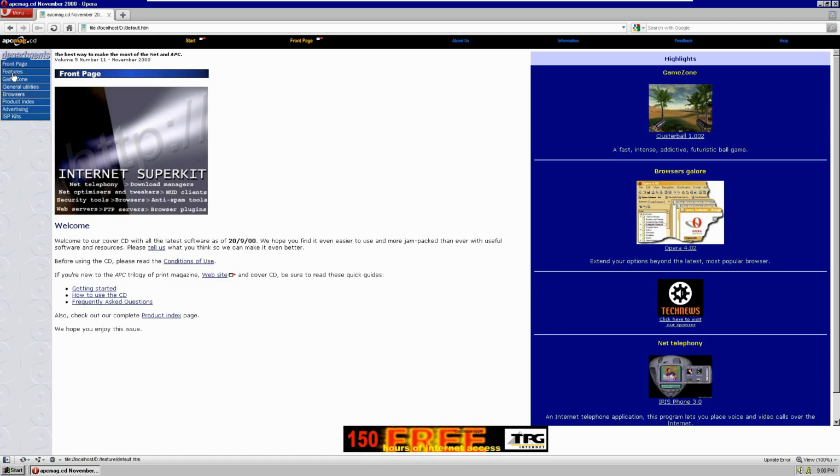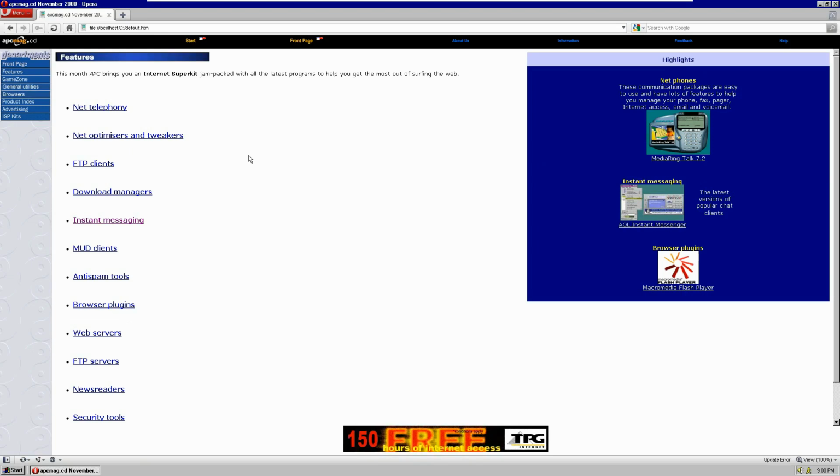We're looking at the front page here. First thing up, the features. You'll see there's a ton of stuff here. We got instant messaging. I took a peek at this slightly beforehand just to make sure it was worth reviewing, and I instantly went, yes, this is worth reviewing. Because there's tons of stuff here that looks interesting and is that 2000s old school. So let's just take a look at the top here.